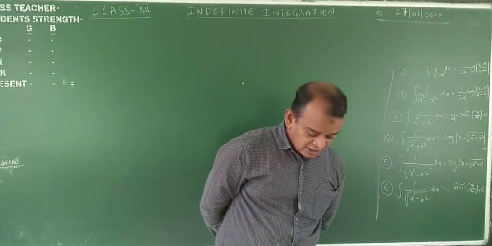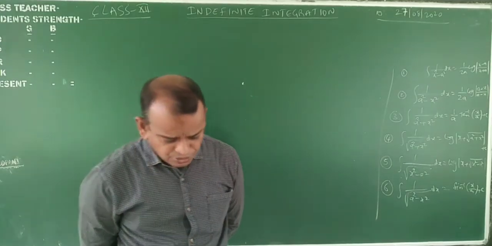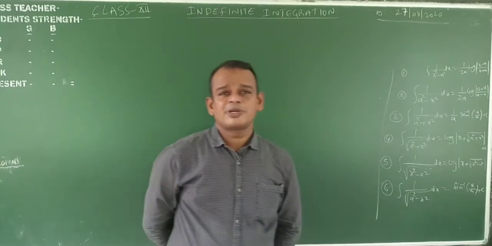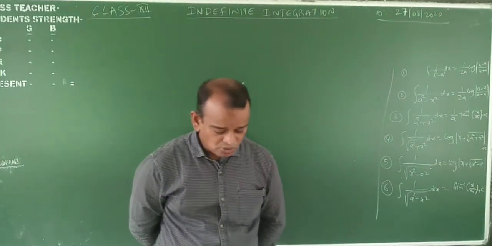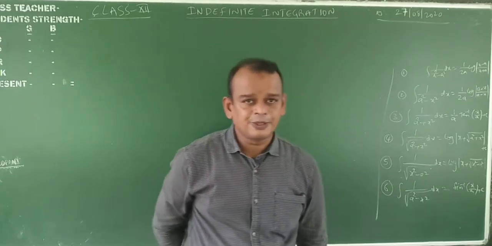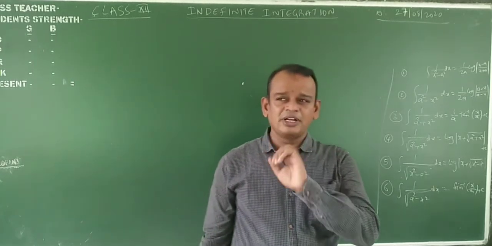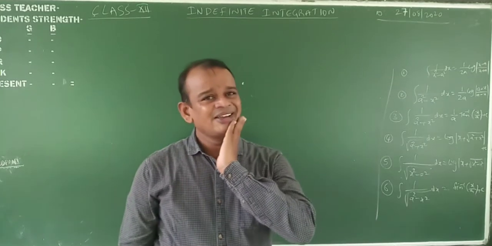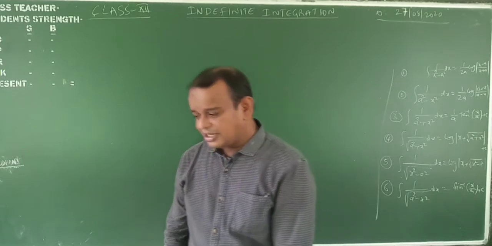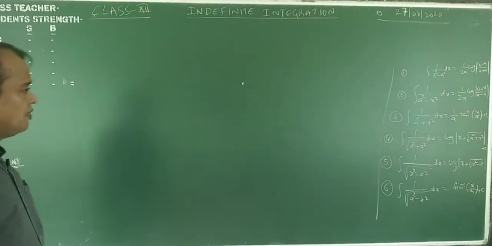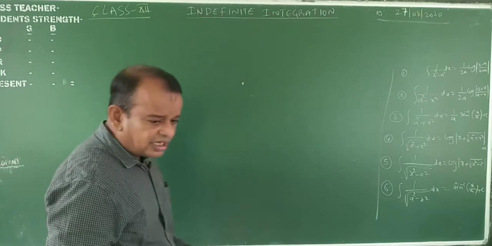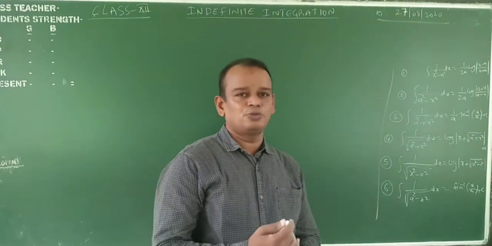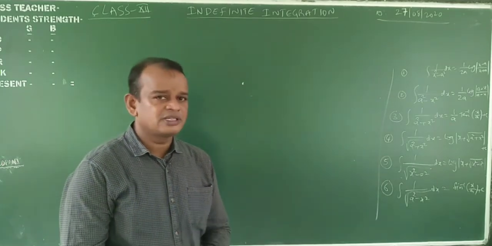Now, today, based on these problems, we are going to see some special type integrations: how to calculate the integral of the type. Actually, how many types are there? In total, integration has 7 types. I will explain them one by one. First, what is type 1? Today I will complete type 1 and type 2. My dear students, tomorrow we will discuss type 3.